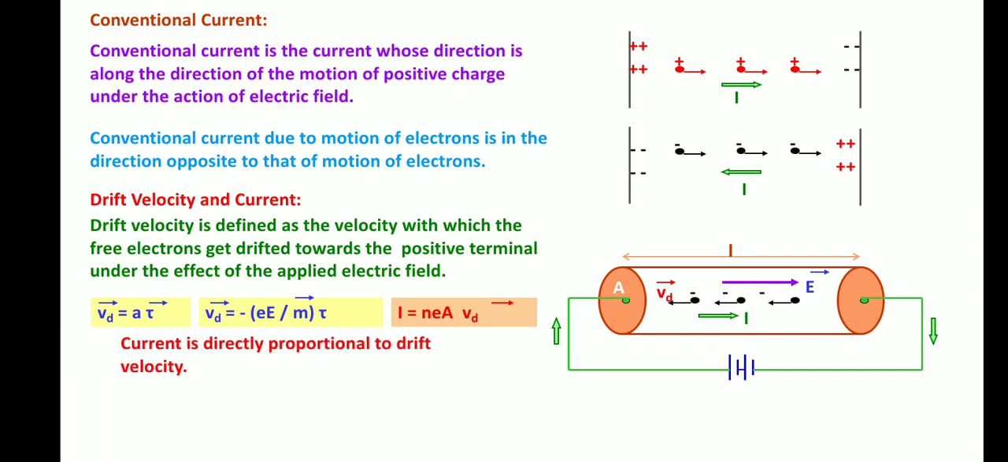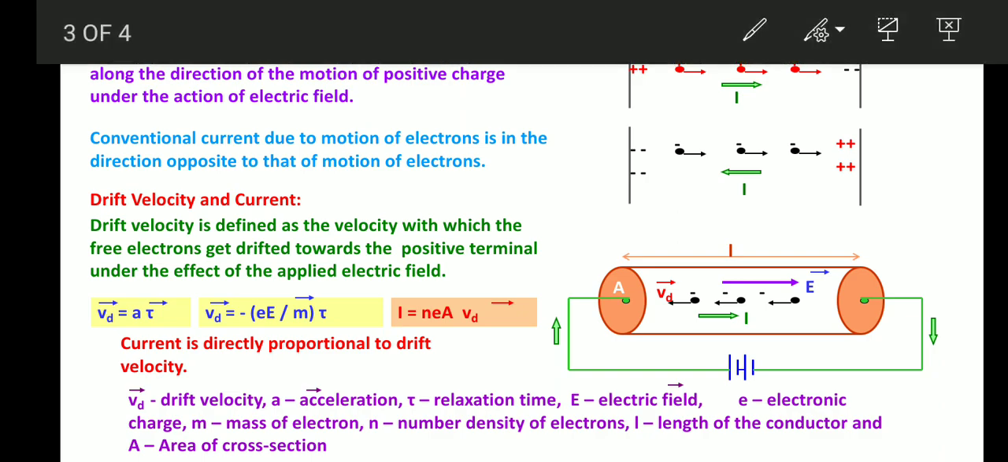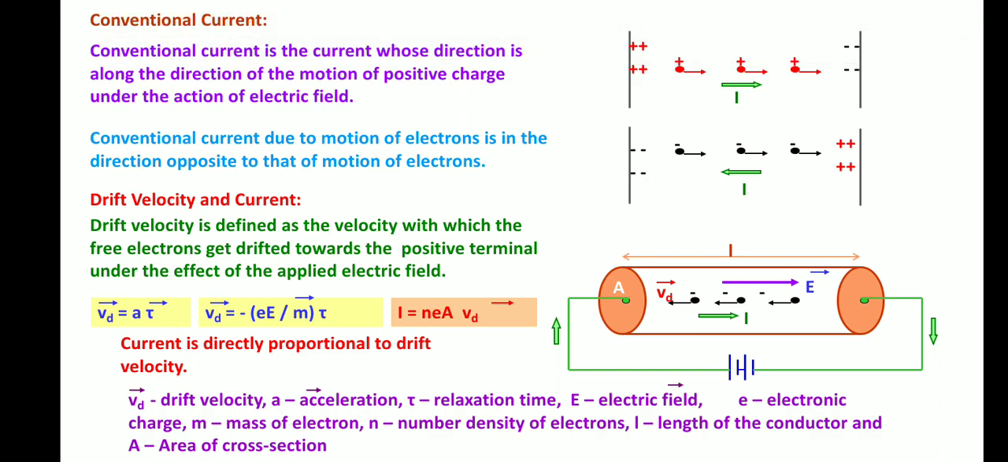The current is directly proportional to the drift velocity. The formula explanation is given here, where Vd is the drift velocity, A is the acceleration, tau is the relaxation time, E is the electric field, small e is the electronic charge, m is the mass of the electron, n is the number density of the electrons, L is the length of the conductor, and A is the area of the cross section. The next,